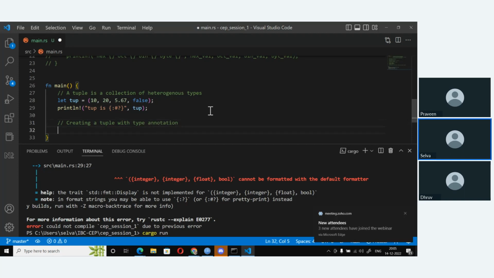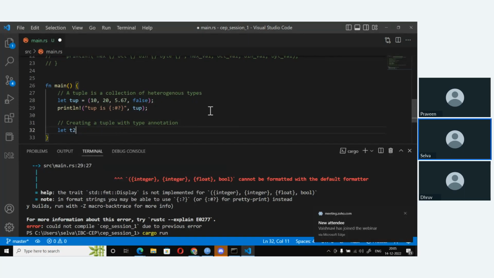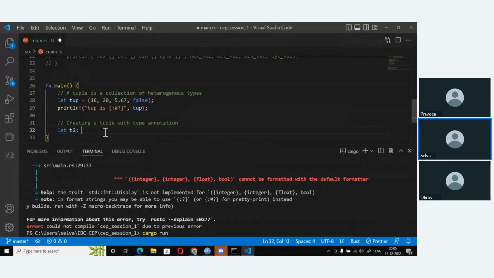with a type annotation, you can say let T2, which is another tuple. Okay. So if you want to be specific, you can do it like this. Okay. Then put a parenthesis and all the collection types. Okay.